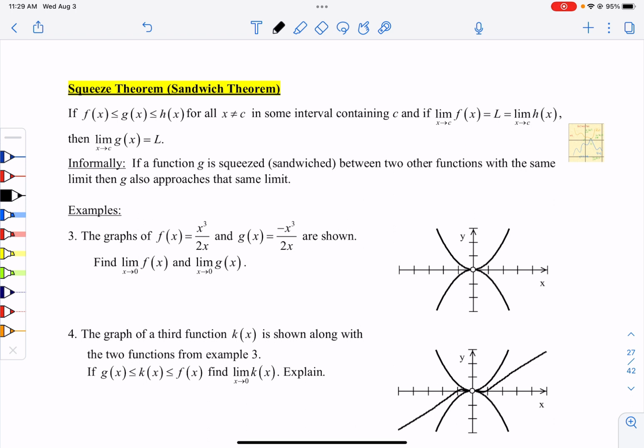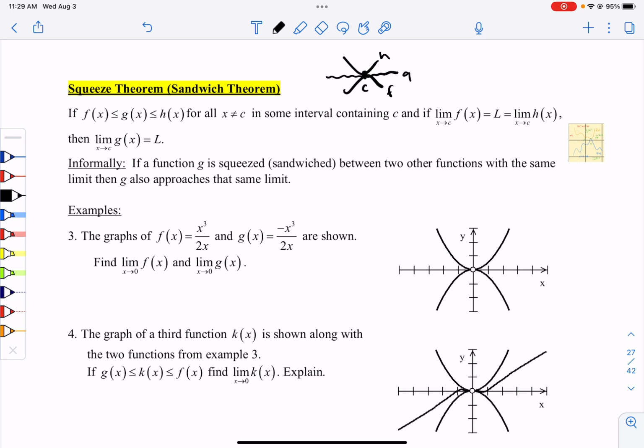See, it used different letters already. So f is the bottom function, h is the top function, and g is something in the middle, okay? So here's f, here's g, here's h. If this is true for all x values in some interval, and c is this point right here in the middle,